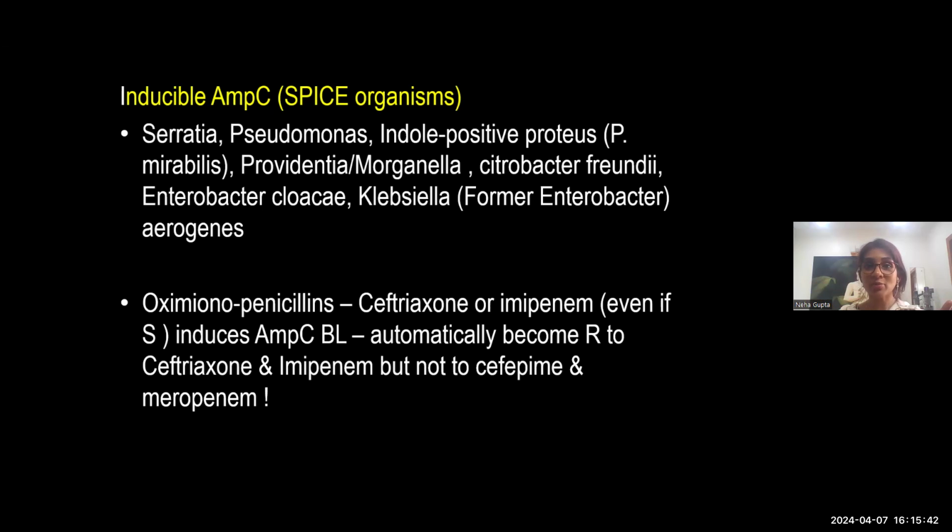Now, if there is a culture report where there is a bacterium, say Citrobacter, and it is susceptible to imipenem or to ceftriaxone, but if these antibiotics are used for the Citrobacter, it will result in induction of the AmpC beta-lactamases, which will hydrolyze ceftriaxone as well as imipenem, and they will become resistant. So ideally for these bacteria, we should not be using imipenem per se, because of the possibility of inducing the AmpC beta-lactamases.